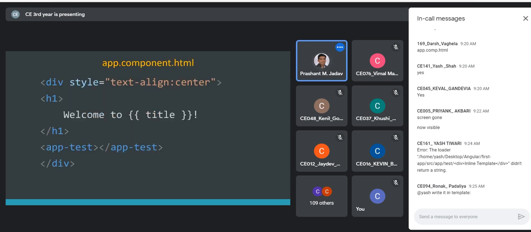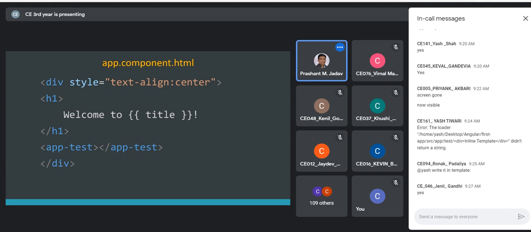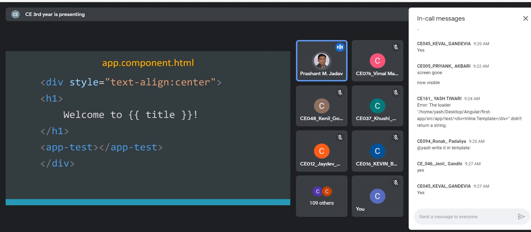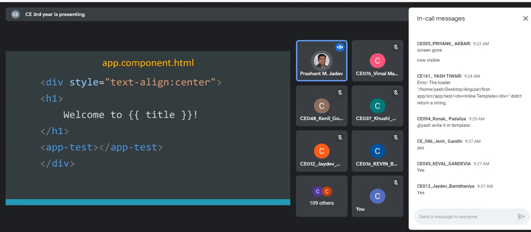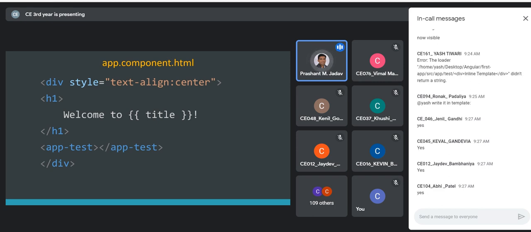The question was, can I use multiple components within this app component? Yes or no? Should I repeat the question? There is an app component, which is the root component. Can I use multiple components? Okay, the answer you are saying is yes. And that's correct.